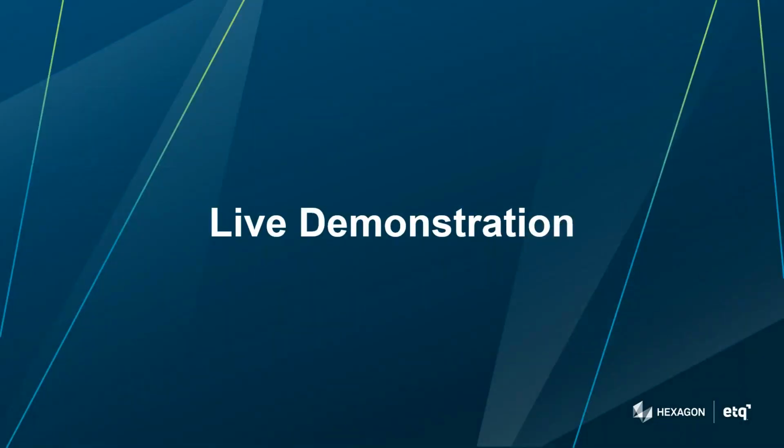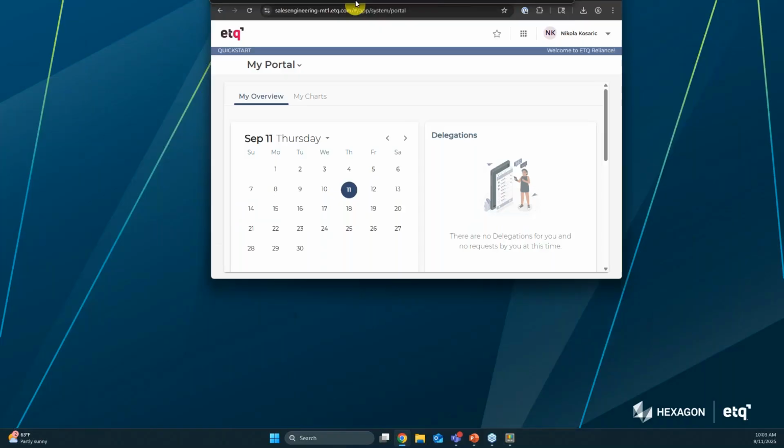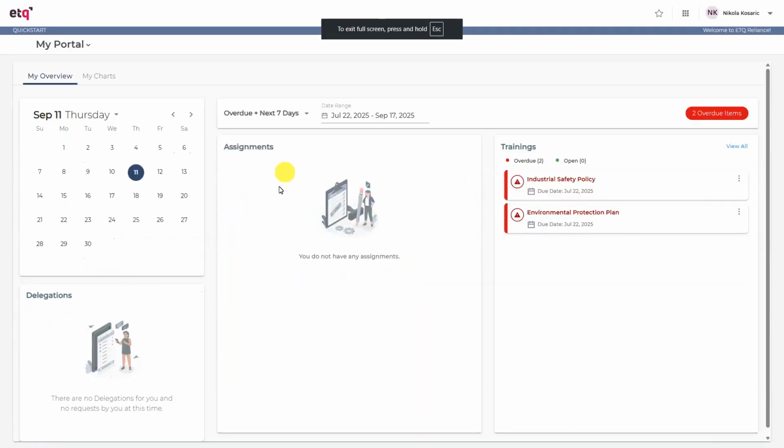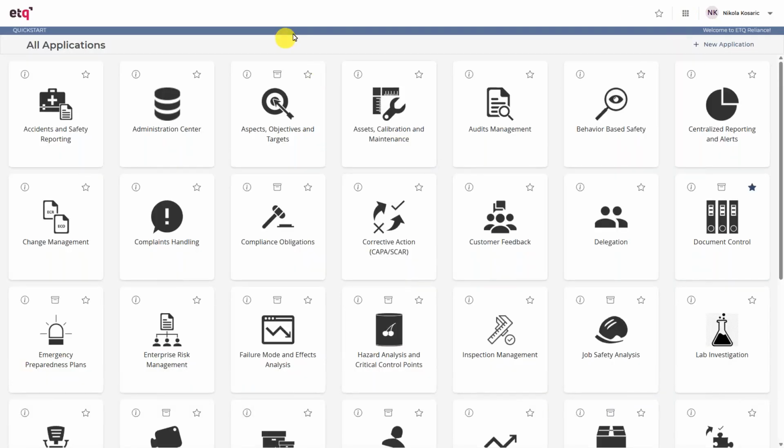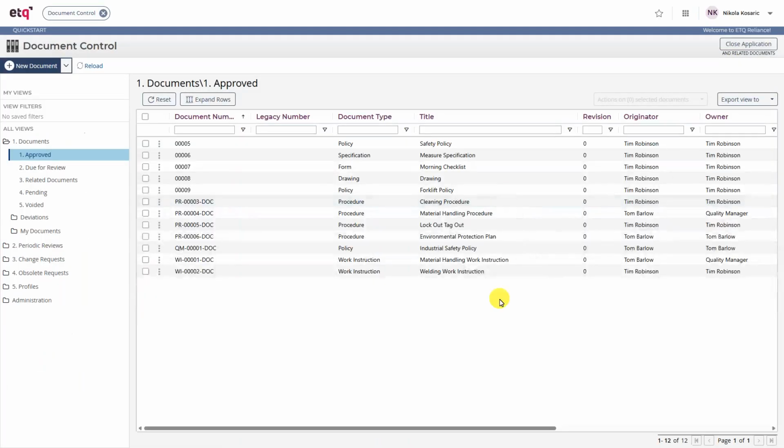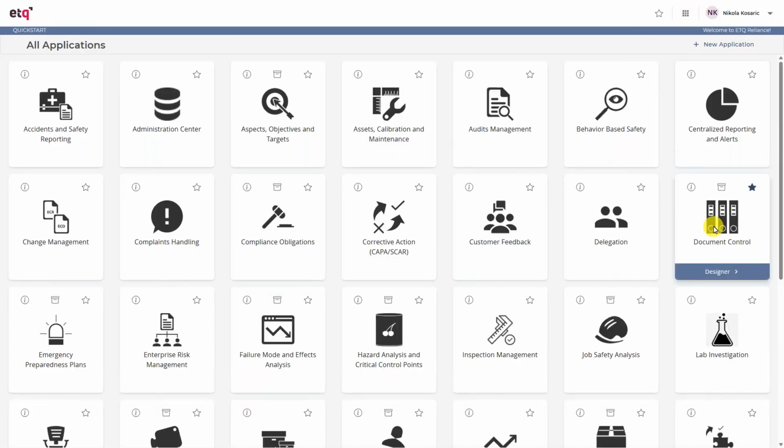So we'll jump right into the live demonstration of the new updates. So I'm logged into Reliance NXG 2025.2. If I just launch the All Applications page, we can see the new redesign here. So like I mentioned earlier, everything is combined into one tile. If I just click on the document control or any application tile like normal, it's going to take me directly into that application. But if I want to go into the document control archive, for example, all I have to